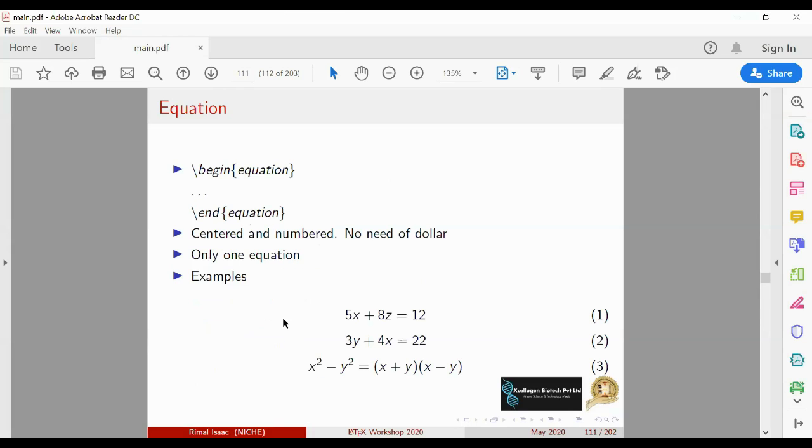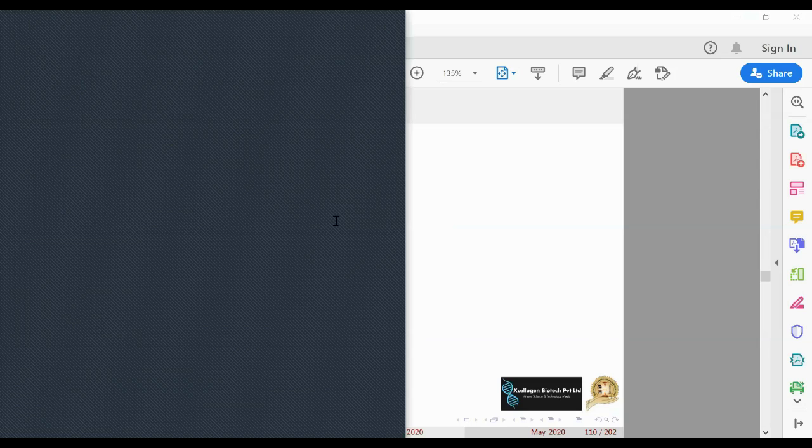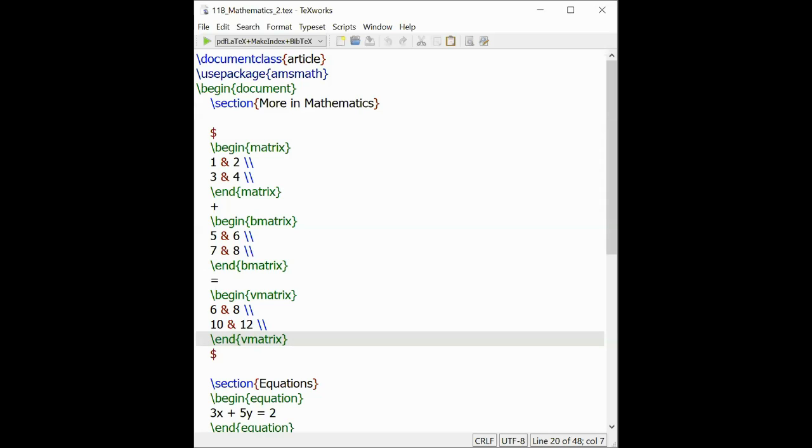Okay, I'll show you an example of how to write this matrix form. Okay, you have the screen.